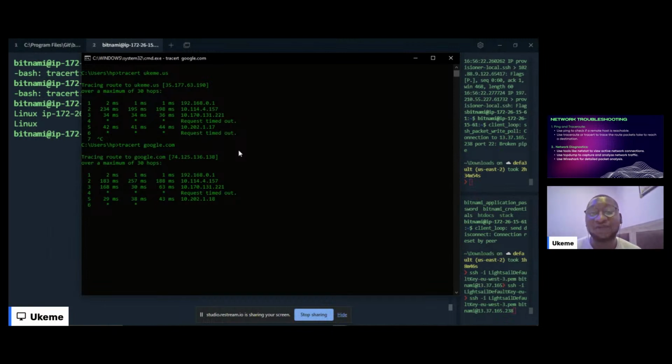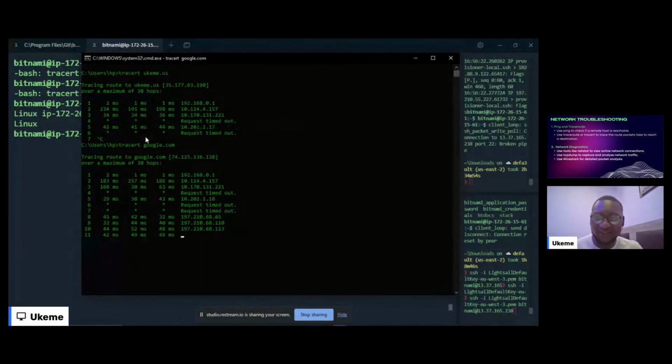So if this server is somewhere in the UK or somewhere in Nigeria, it probably will just take 3 hops. But since I don't know where this Google server is, probably in the US, it will make close to, this is saying the maximum of 30 hops just to get there and come back. So that's why sometimes when you are trying to query some data, it takes time. So I'm going to move on from here.